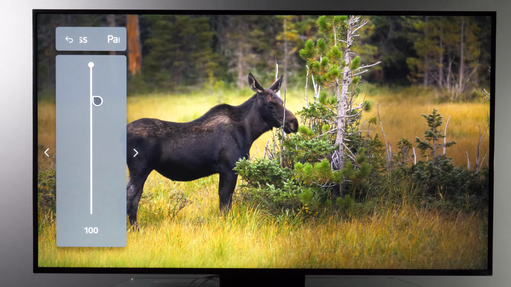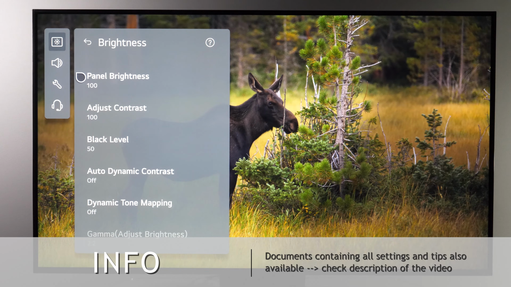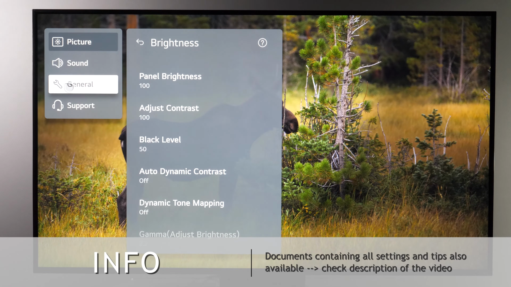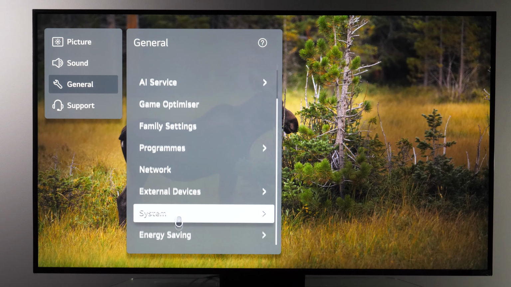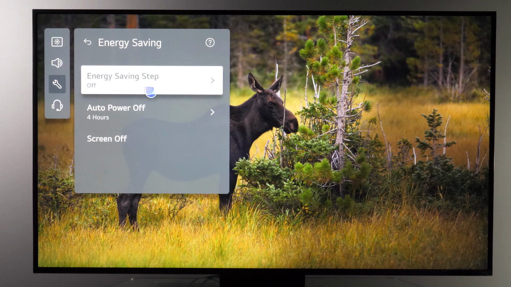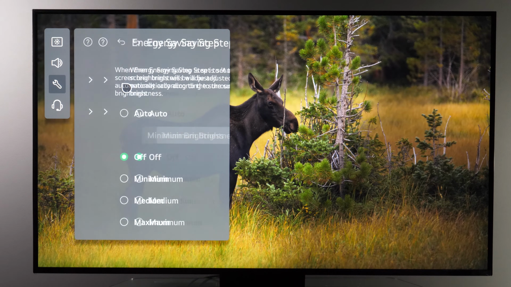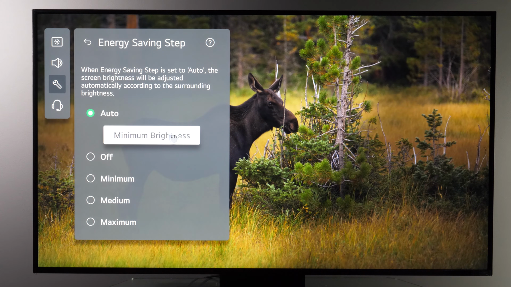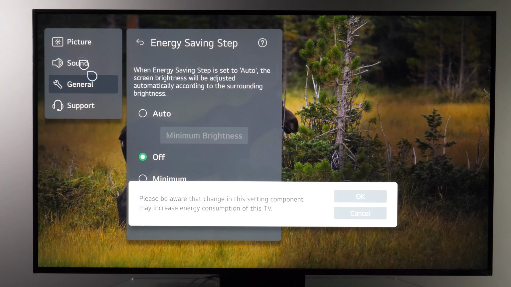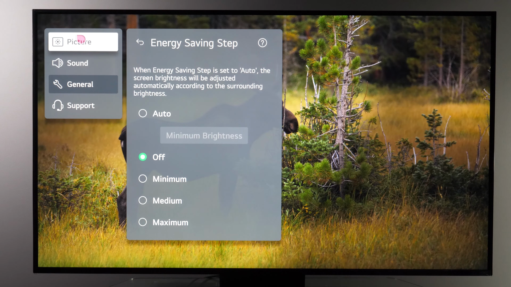If you find the image too bright, for example, then you are free to lower it with this control, or you can enable light sensor built into the TV by going to General, Energy Saving, and here under Energy Saving step, set it to Auto. So TV will then automatically adjust brightness. You can also set minimum brightness here. Alright, let's turn it off for now and go to